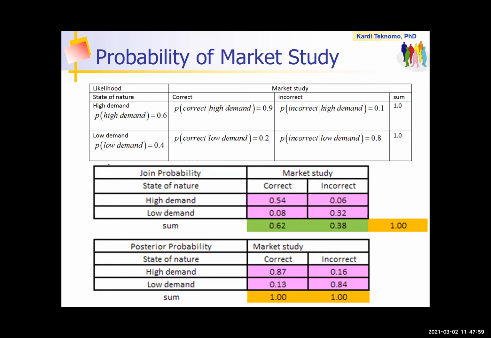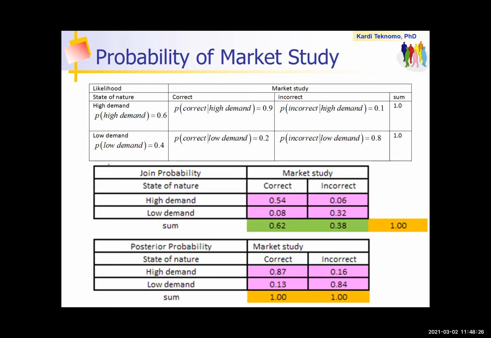But if it is low demand, apparently the market study cannot do well. So the probability of incorrect in low demand is 0.8 and the probability of correct in low demand is only 0.2. Of course, the sum of probability is 1. Then, based on that, you can calculate